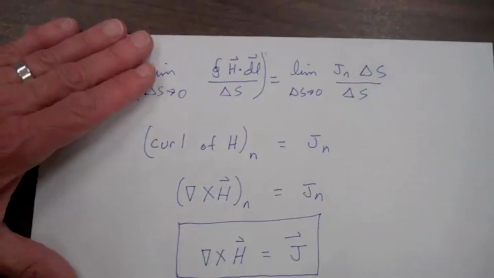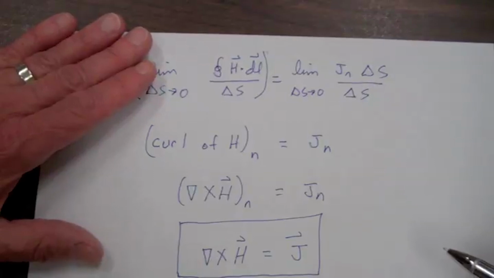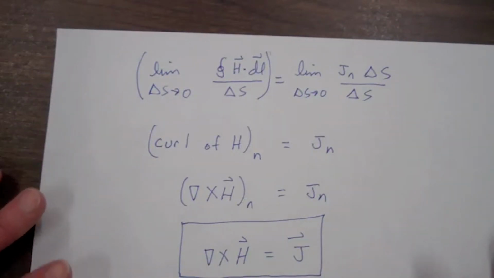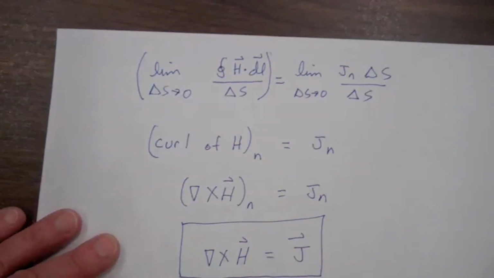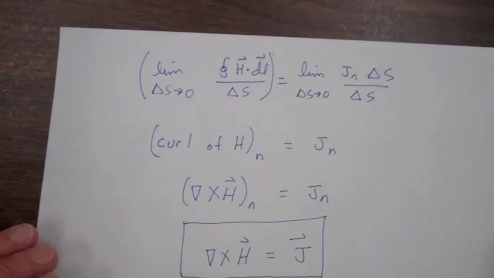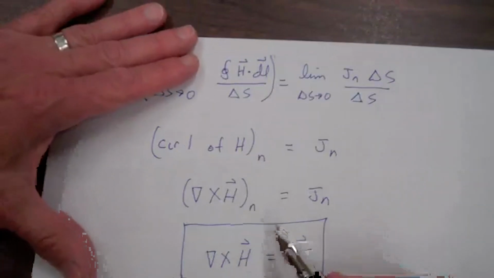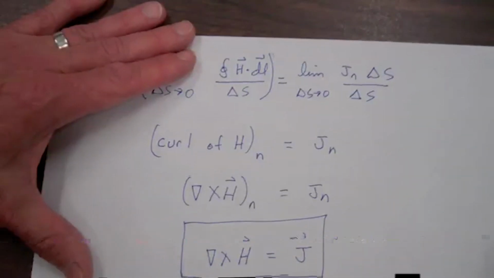Okay, so now we have a conceptual understanding of what the curl operation is, and we should have some physical feeling for the curl of something, looking specifically here at the case of Ampere's circuital law. Okay, we still need to know how to actually perform this operation. For instance, if we're given some H, how do we actually take the curl of H to get the current density? And that's what we will cover in part 2.